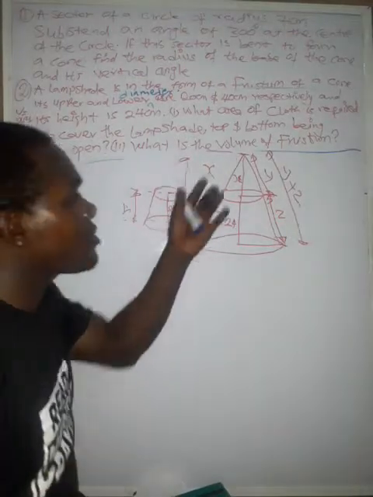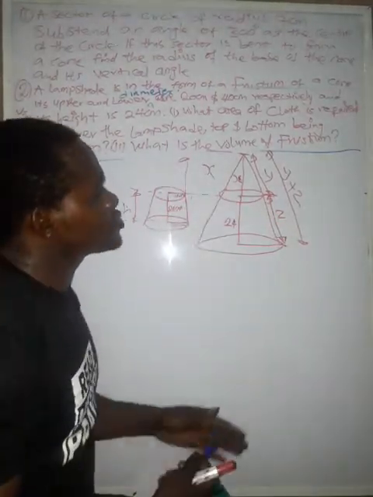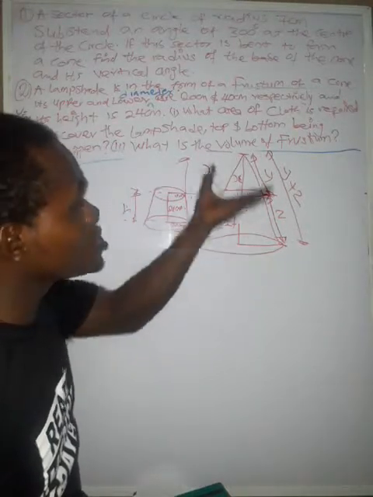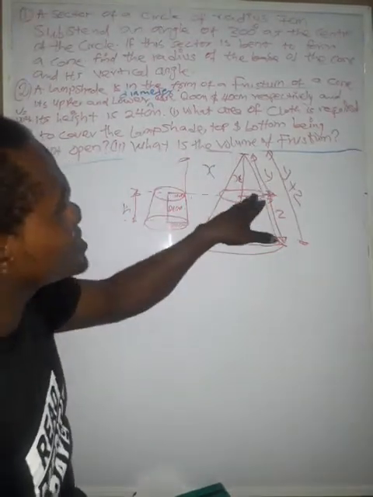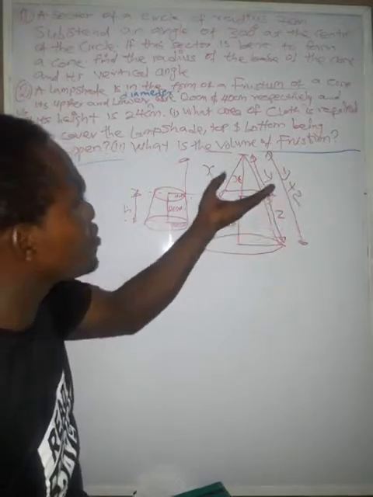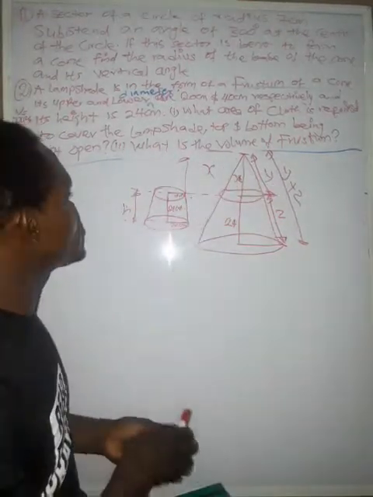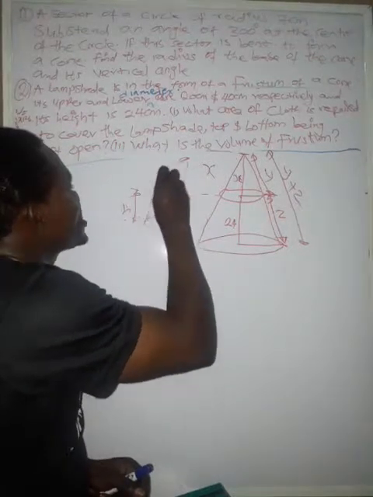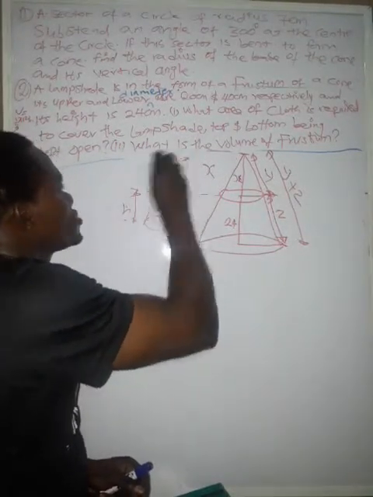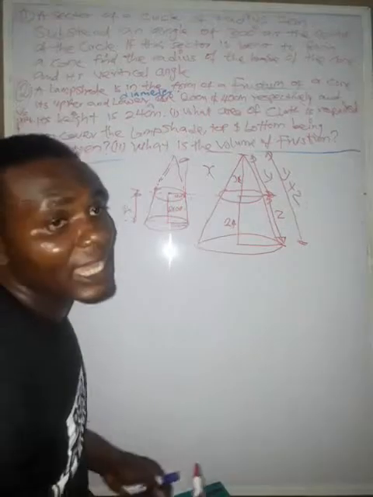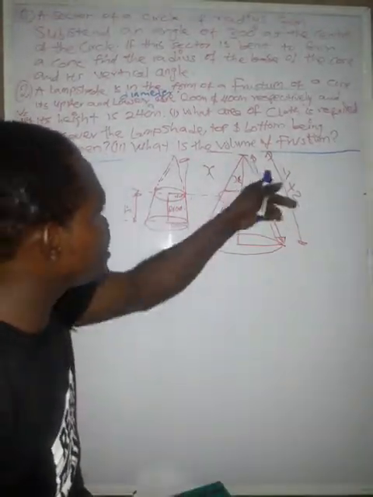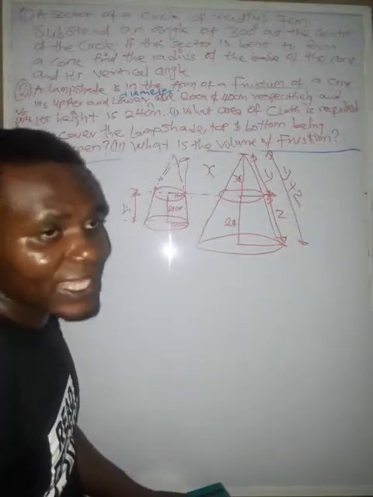So now, why am I doing all this? It is for me to, once I calculate the area or the volume of the whole shape, then calculate the area or the volume of this smaller part I added. So this is the one I added to just make it a complete cone. You see now, this is the one I added. So I added X height, I added Y slant. Are you getting it now?